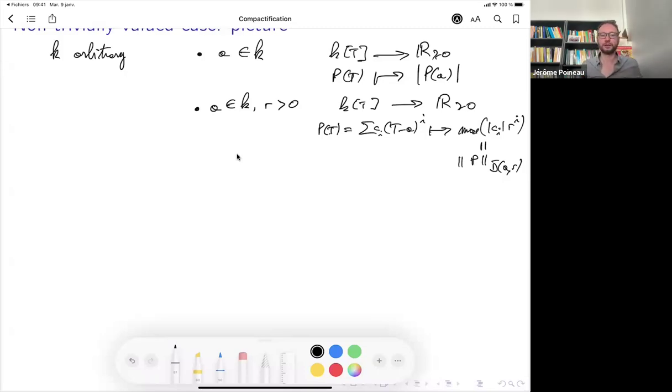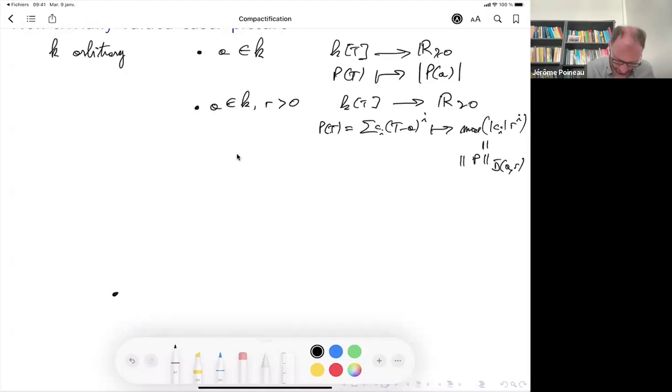Okay, and now if we want to draw a picture, from some arbitrary k, let me put some point A here, and I draw some line like this with those points.